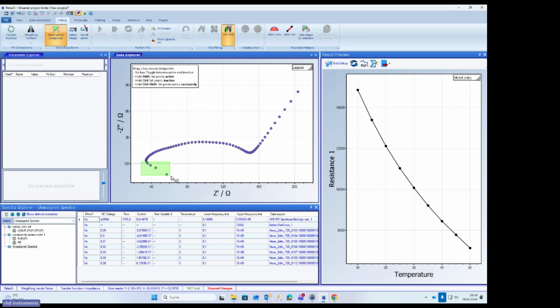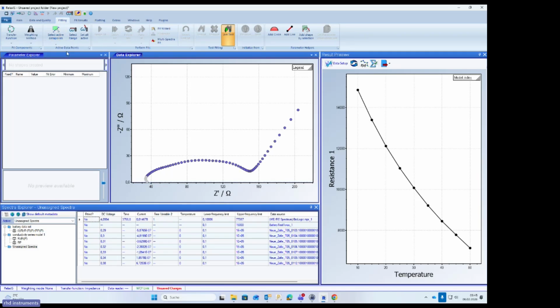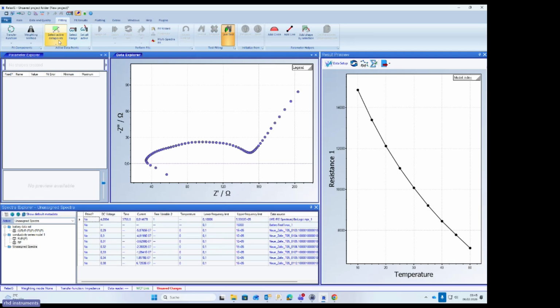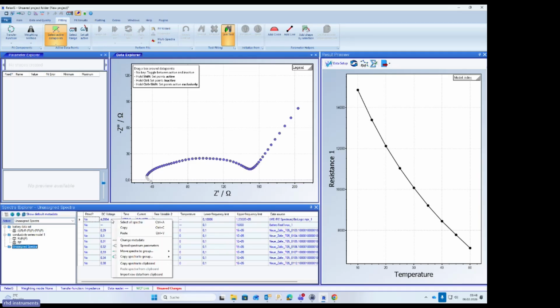Let us maybe for now just deselect this one, maybe also this one. And then once I've worked on the frequency range, maybe this one here, I can just leave there maybe. So here again, let me just check it again here. Maybe this would be a good way. No, this one maybe too. Okay, let us just give it a try. And then once I've done this, I can just say, okay,